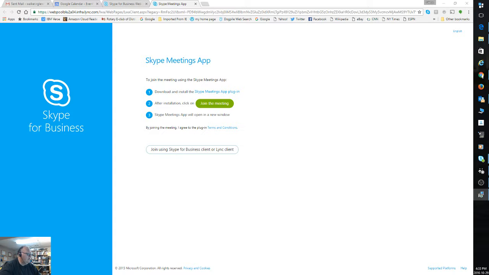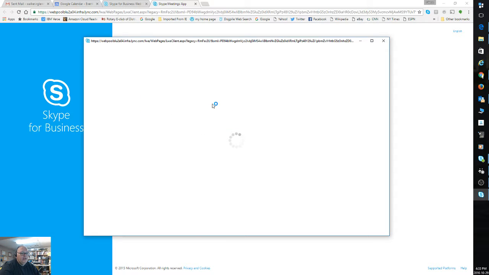and it should actually go through on your screen. I'll just bring this over so you can see it. It's actually doing a little Skype Meetings app install, and it should do the install for you. And then when it's done, it's ready to go. Then at that point you can click on this big green Join the Meeting button, and that might open up